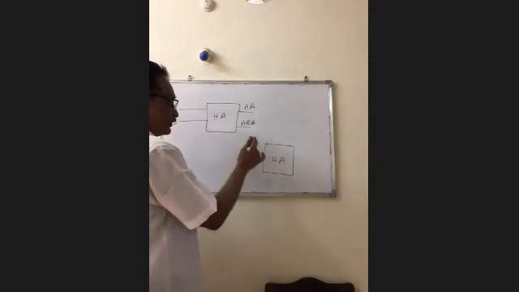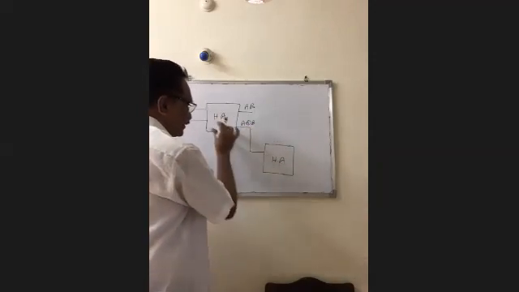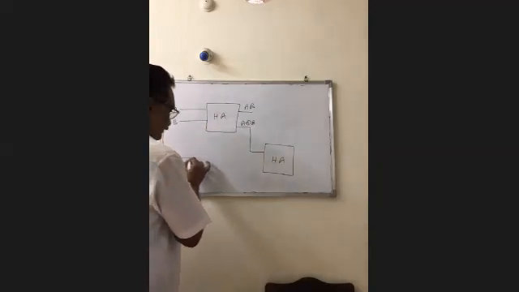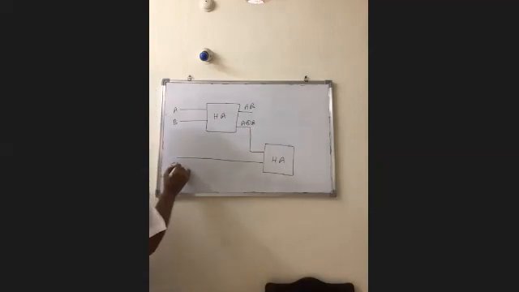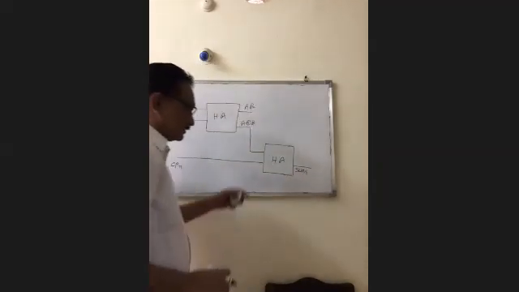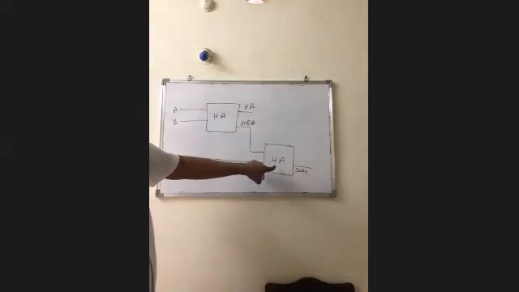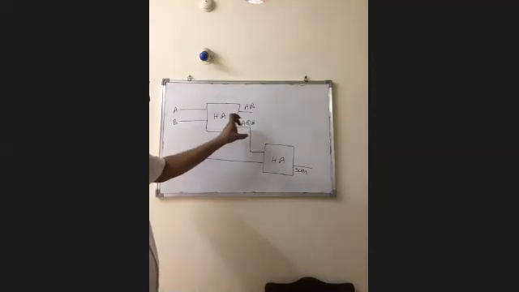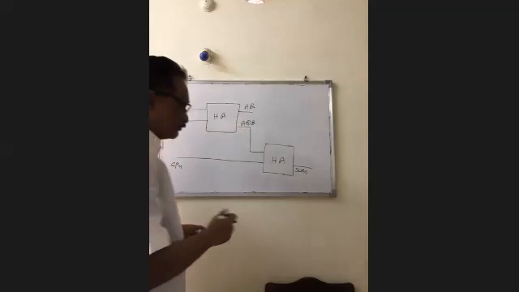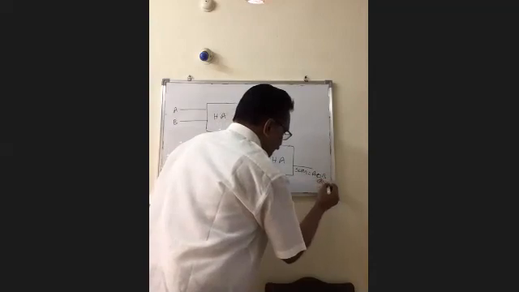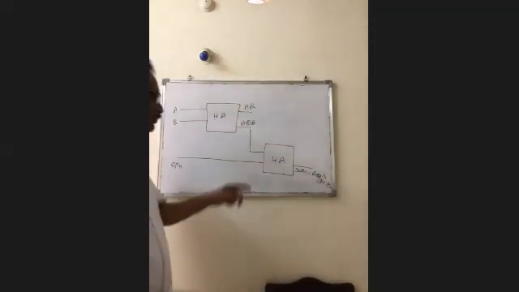For this one, one of the inputs is the sum output of the first half adder, and the other is Cin. So what is its final sum output? The sum output of the second half adder is A exclusive OR B exclusive OR Cin. That is the sum output of the second half adder.